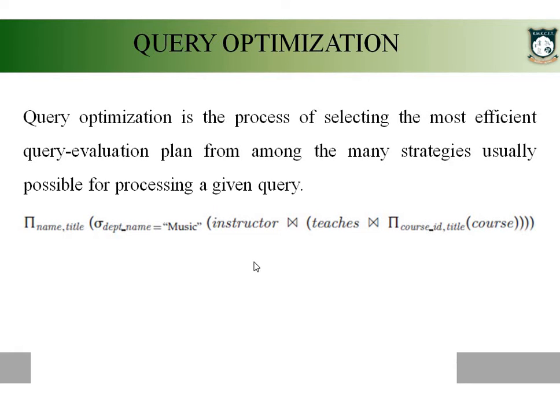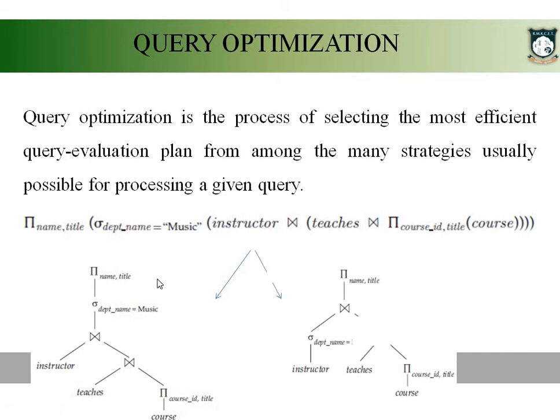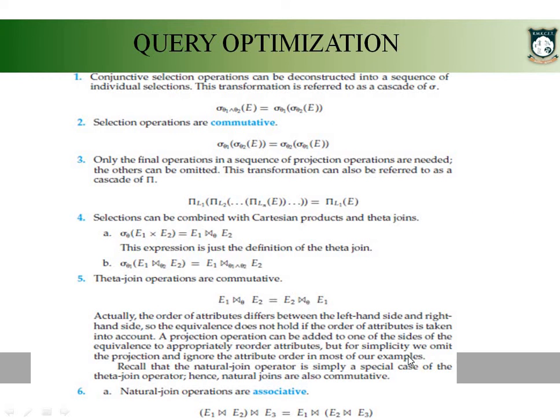When you have a query like this, it will be identifying the ways in which it can be executed. First you can refer to the course relation, then you can perform the projection operation, then you can refer to the teachers relation, then you can perform a natural join. Like that, it can be expressed in different ways. So your optimizer will be identifying all the equivalent formats. Now how is it going to identify all the equivalent formats? There are different rules available. Using these rules only, it will be identifying the different ways of executing the given algebraic expression.